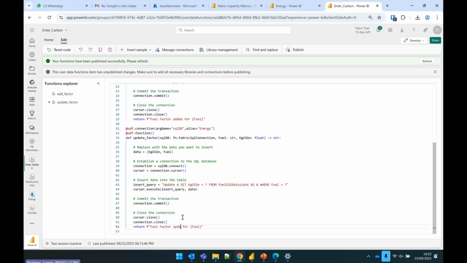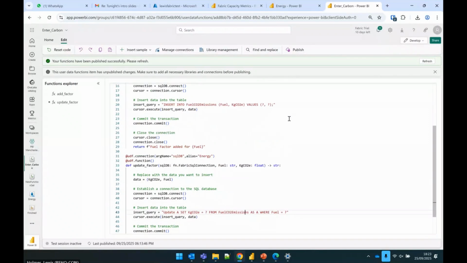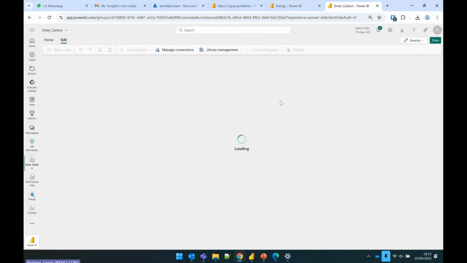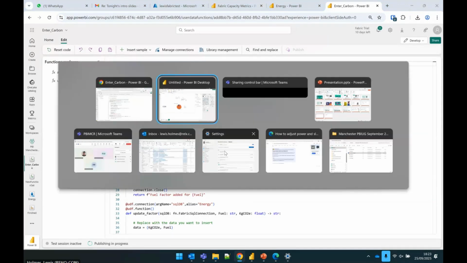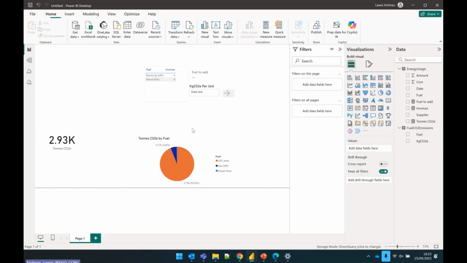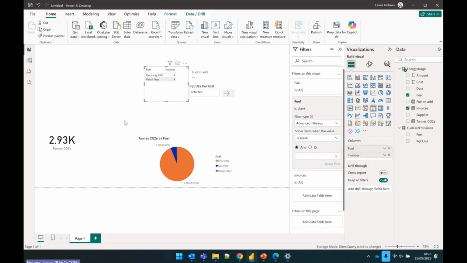And I can say updated. Cool. And I'll publish that. And if it doesn't error straight away, we're probably good. Cool. So back over in here, I'm just going to tidy this up slightly,